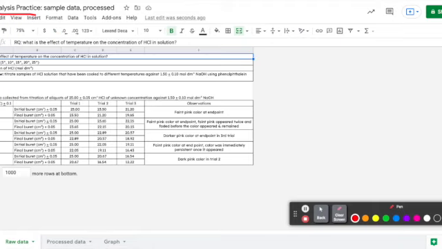So that's using that research question: what is the effective temperature and the concentration of HCl? Various 25 cubic centimeter aliquots of HCl were titrated against NaOH. And here's the information you have about NaOH. This was done with 3 trials at each of these temperatures in order to analyze if temperature affects the concentration